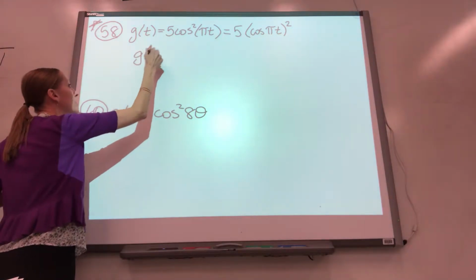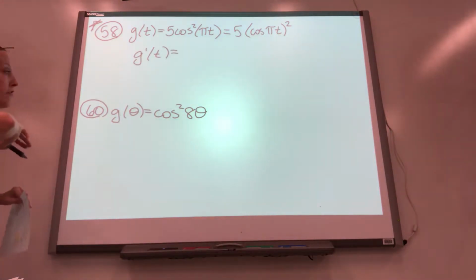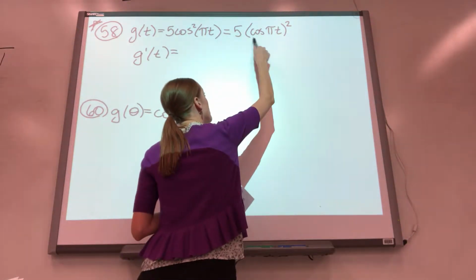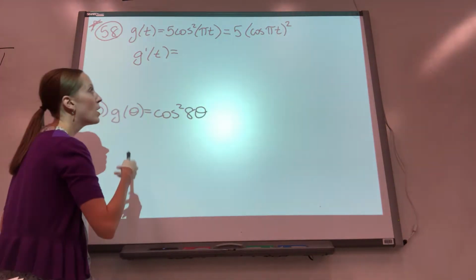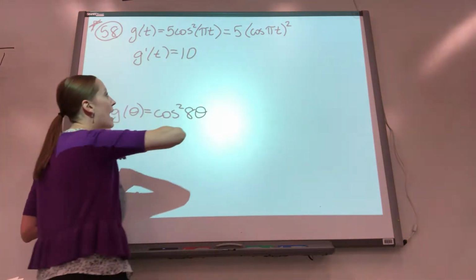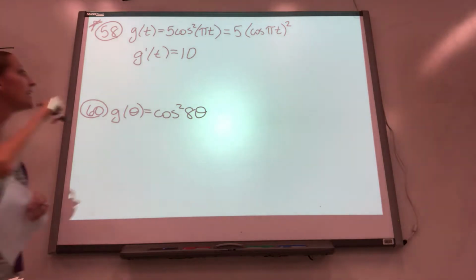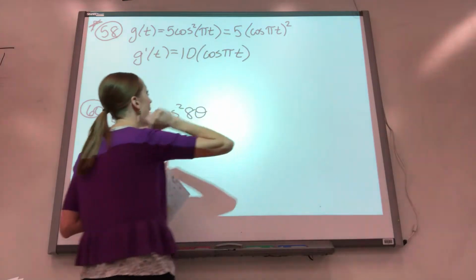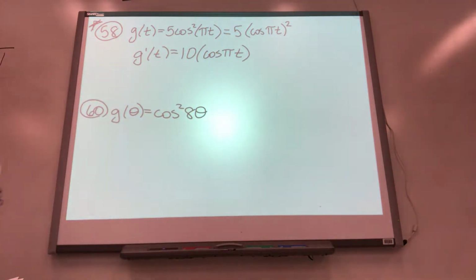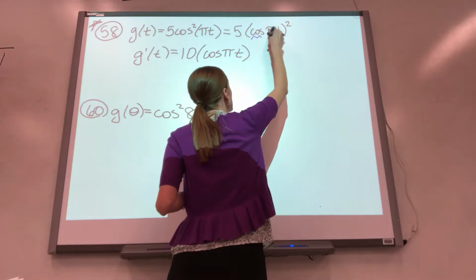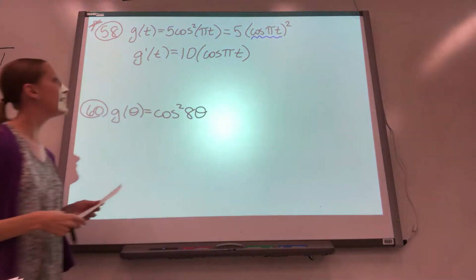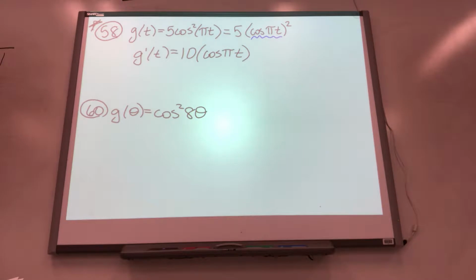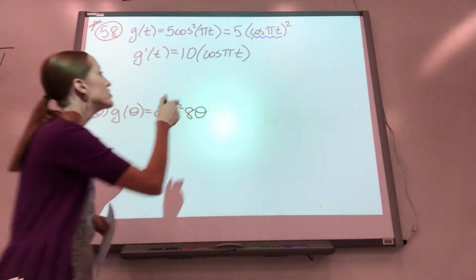So when I go to do my derivative, it starts with the original chain rule. You have something with variables raised to a power. Pull that power out front. 2 times 5 is 10. Make it to the 1 less power, but then you have to go back and take the derivative of the part in parentheses. And this is where we have another chain rule,